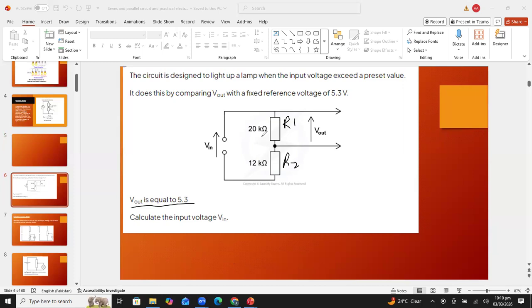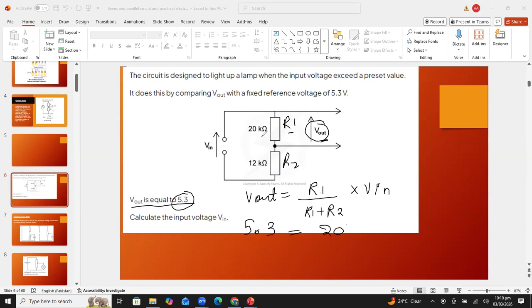So again, students, we will use potential divider formula to find the voltage across R1. And they have given us the voltage across R1. So it means, beta, in formula, we will keep R1 in numerator. So now, students, I am using the formula output voltage is equal to R1, I am keeping R1 in numerator because this voltage across R1 is given, all right, divided by sum of two resistors multiplied by input voltage. So this time, beta, output voltage is given, which is 5.3 volt.